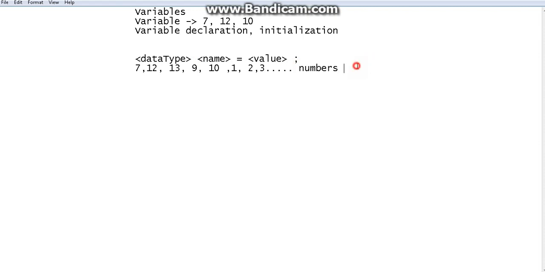So if you are going to assign a number value, in other words, these numbers are integer values. Yes or no? Integer means what? Full numbers. 1, 2, 3, 4. 1.5 is not an integer. It is not a full number. It is a point number, right? So full numbers. You are going to give a full number.